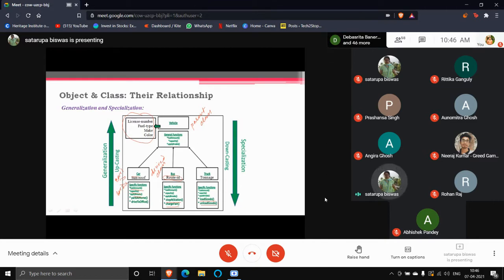And they can call all the functions present in the vehicle as well as their specific functions present in their own class. So this is what we discussed. This is called inheritance. And this is a very important property which supports code reusability. And for object-oriented programming, code reusability is a very important thing.